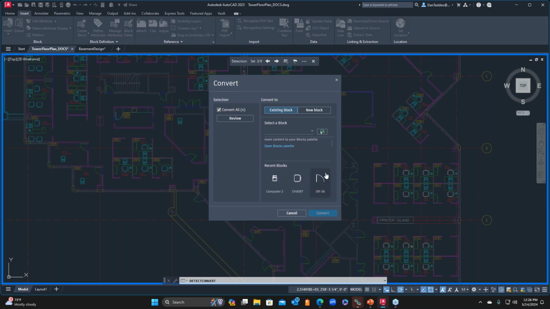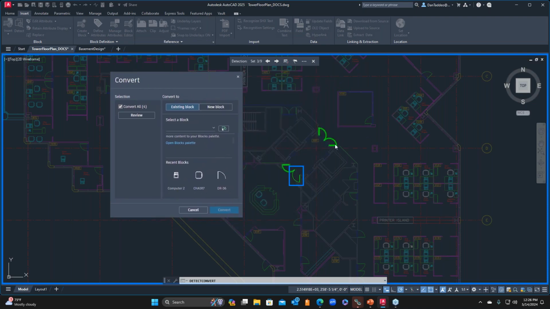At this point, I can choose another door, but you've got to be careful because of the other door, let's take a look at this. You can see how the door swing is considerably wider. The 90-degree may not be the best choice, right? So maybe create a new block and give it a name. So I'll just call this